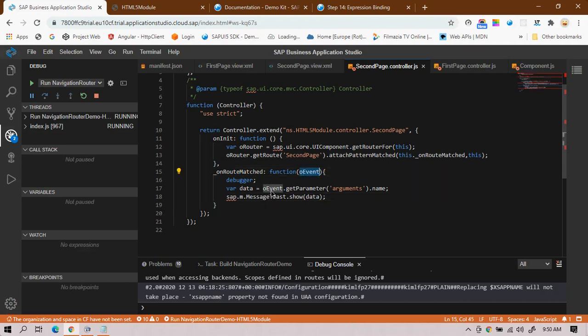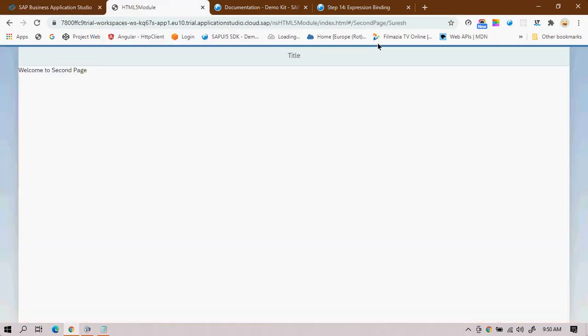Once I pass that, if I want to get the value, I use oEvent.getParameter. getParameter is a method, so I will just pass the arguments, and after arguments I can simply give the name, because it is in an object format, right? That's why I've given dot name. Whatever value will be stored in the data variable, and finally I've displayed it on the browser. That's it.